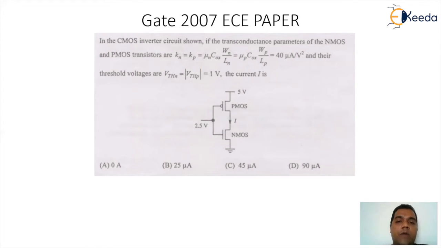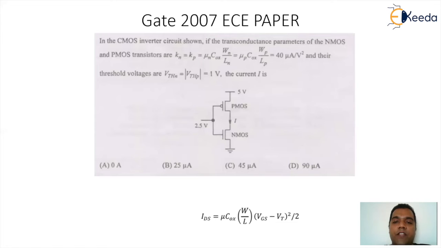So now we need to calculate the value of I. This I is as good as the drain current of the N channel E MOSFET. So for this, we have a standard equation. Let's use it and get a solution for this. So the current equation is IDS is equal to mu Cox W by L, VGS minus VT the whole square, and the whole thing gets divided by 2. So we already have the value of mu Cox W by L given as 40 microampere per volt square.